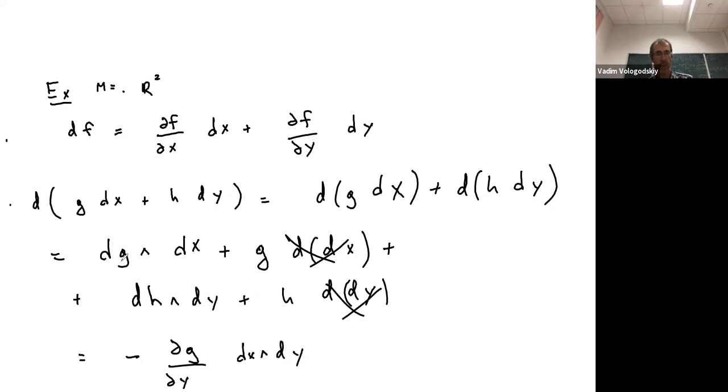So why do we get a negative sign here? Because dg is the sum of this partial derivative with respect to x times dx, but this term goes away, right? So you'll have the partial derivative of g with respect to y times dy times dx. And I interchange these 2 factors and get a negative sign here,